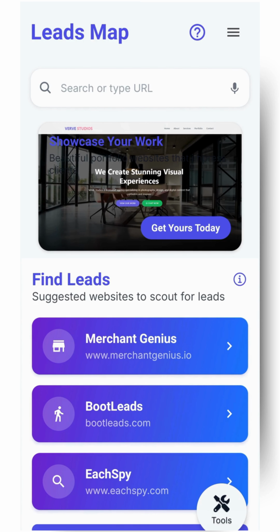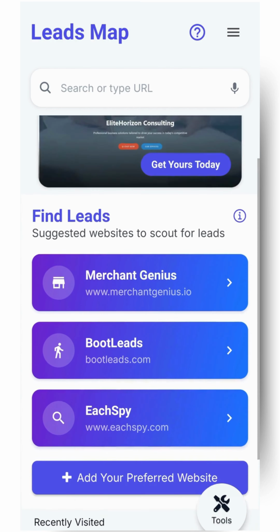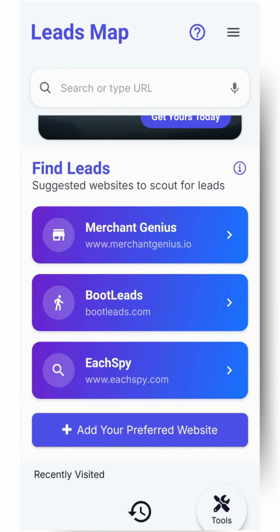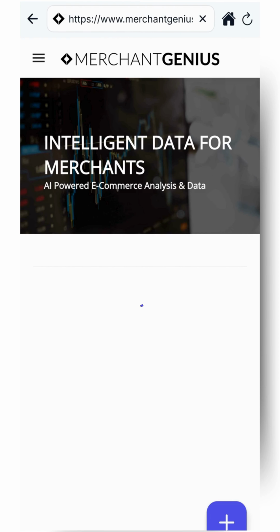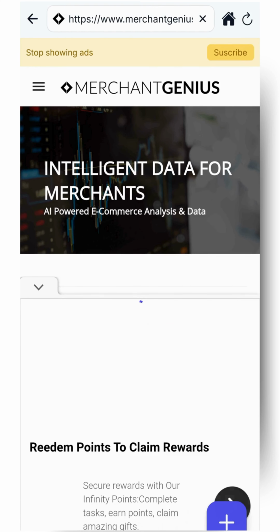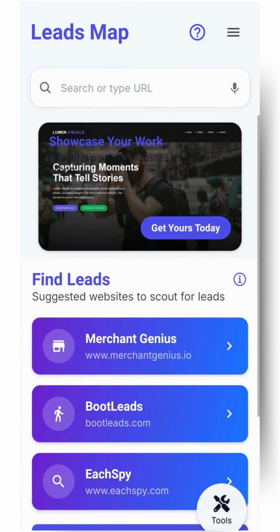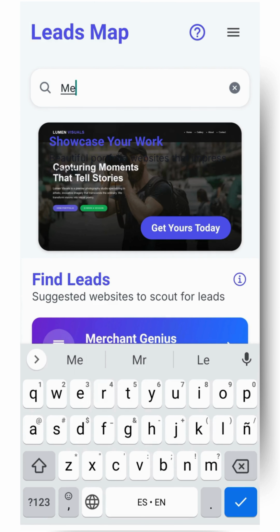Firstly, you will need to navigate to the website. Martian Genius is already on the suggested websites on the app, so you can just click on it directly here and it takes you directly to the website. But just for you to learn how to access it, because this app works with other platforms as well, you can also search it